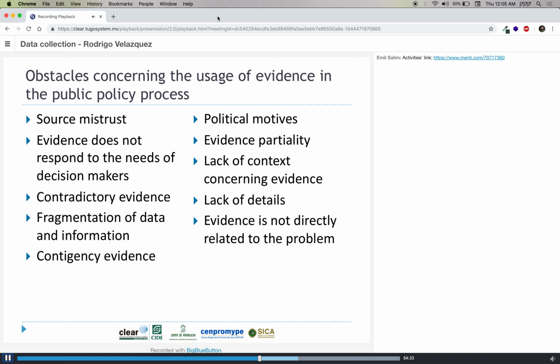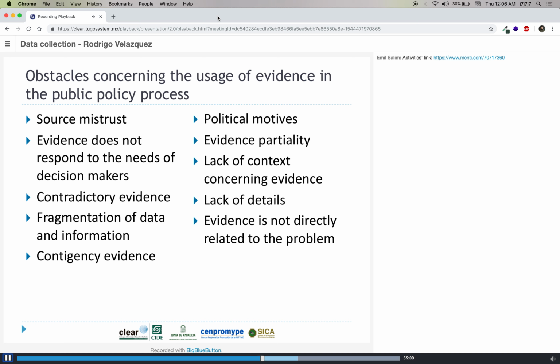And here in this slide, it has to do with the requirements that we have previously talked about, and this has to do with solid evidence. So in many cases, there is a mistrust concerning the source. So if we are not clear of how we collected data and we are not transparent, of course, we're not going to be trusted.